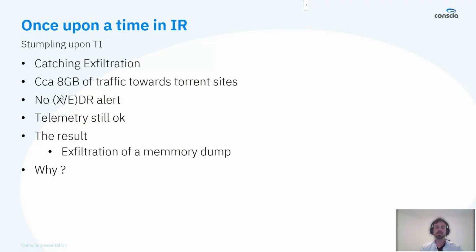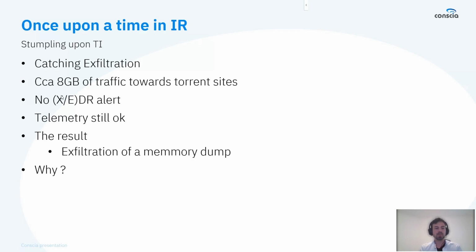The other use case where we stumbled about high fidelity threat intelligence in the wild was an incident response. What you do in incident response is try to discover the patient zero, where the attack started, how much data has been exfiltrated, what data has been exfiltrated, whether the attackers are still present in the system, and things like that. And when we tried to discover the exfiltration,